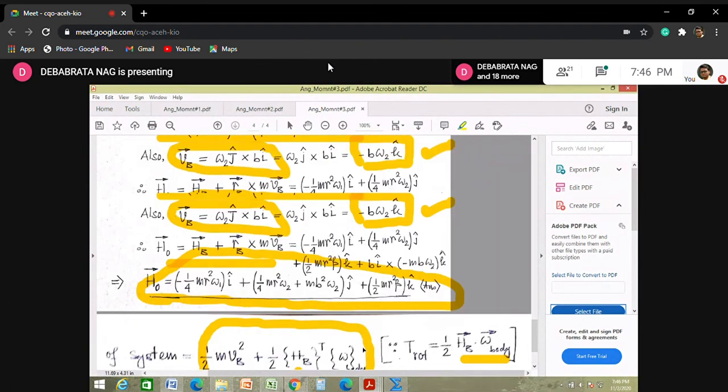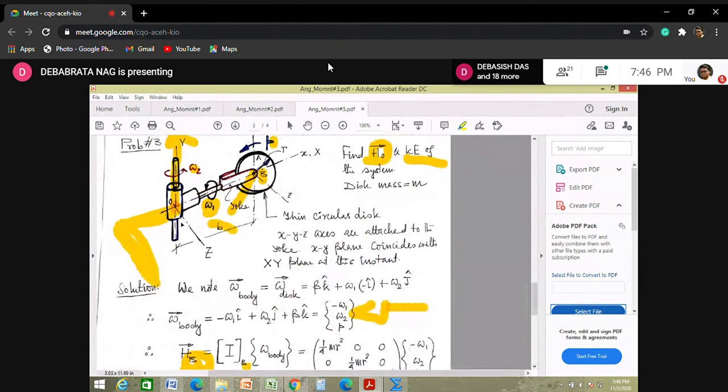Only thing, your dimension here is expressed as v, there it could be some other notation, but the basic geometry remains the same. Of course, that problem was in a vertical plane and this problem is in horizontal. In the previous one the yoke was vertical; in this case, the yoke is horizontal. That's the difference, but other things remain the same. You can make your omega 1 zero and reduce your problem 3 to problem 1.